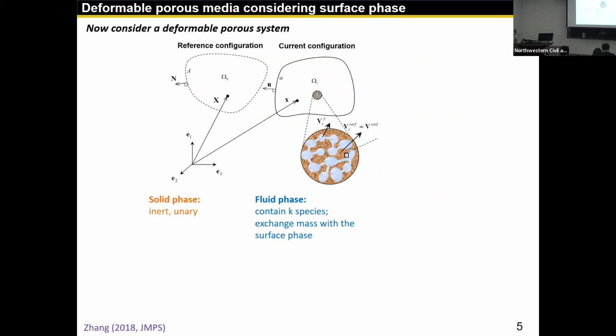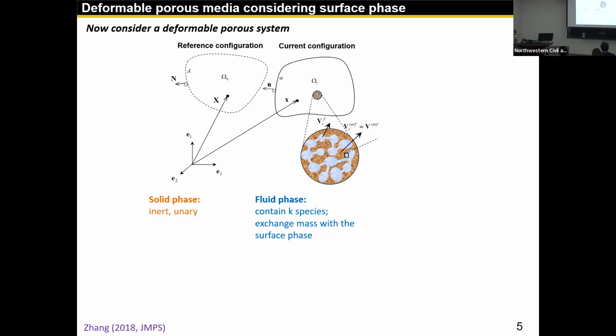So that motivated me to do this work in 2018, where I wanted to consider the most general scenario possible. We set everything up in a Cartesian coordinate system. We considered finite deformation from a reference to a current configuration. Each material point can have a solid phase and a fluid phase, and each of them can follow their own kinematics.